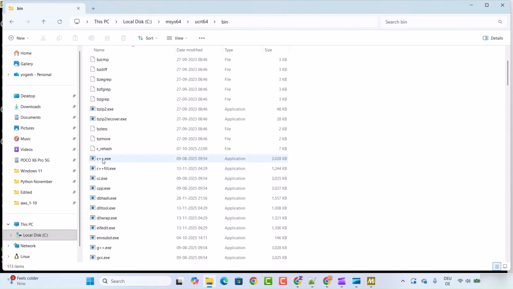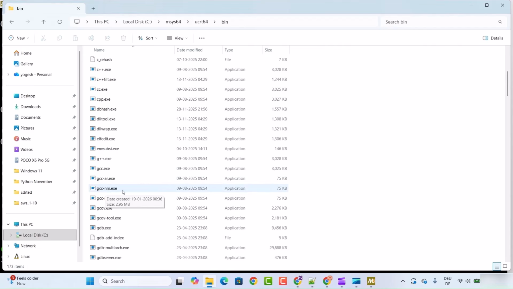Here all the executable files related to your C or C++ are there, and you will also find the G++ and GCC tools, which are the tools which you can use to compile C or C++ programs. You can also see the GDB tool here, and this tool you can use to debug your C or C++ programs, right? So this is the location where your executable files are installed,